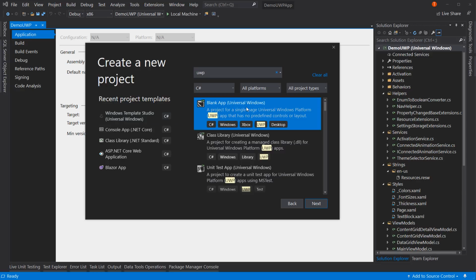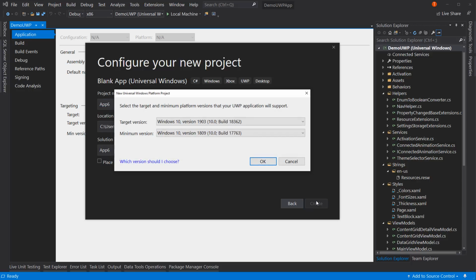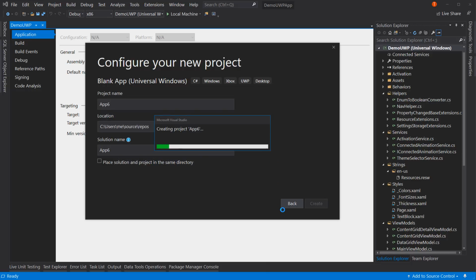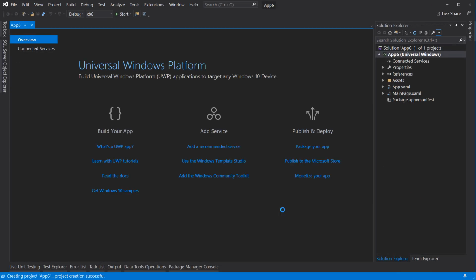There we go. And I'll create a blank Universal Windows application. This is what you would create if you didn't have that wizard that I walked you through. We'll hit next. Let's call it app 6, that's fine. It's going to ask you for your target and minimum version. Cool. And once it does, it'll create for us a blank application. I just want to show you this to kind of show you the